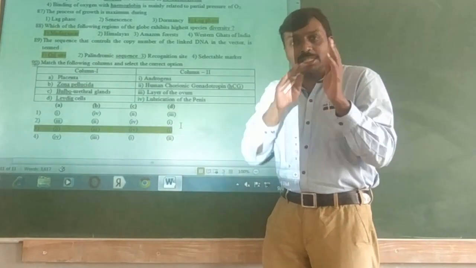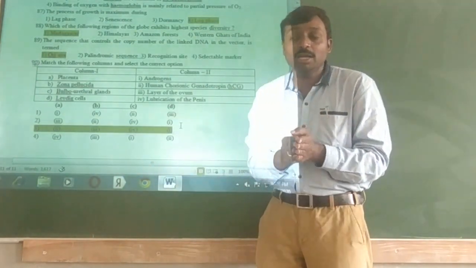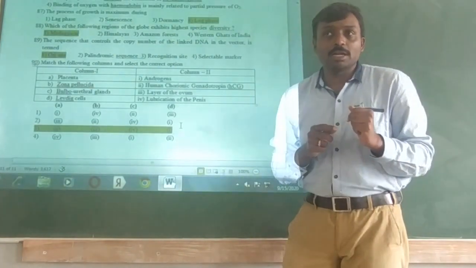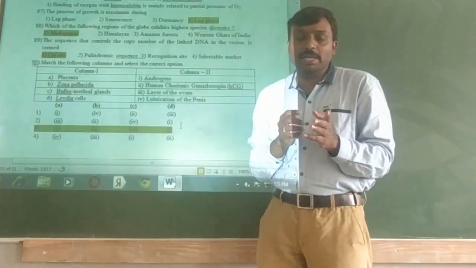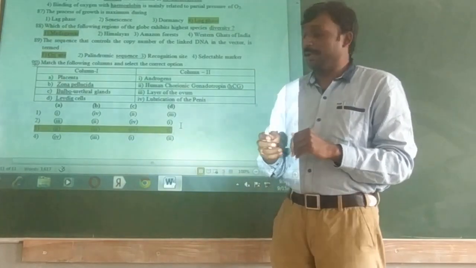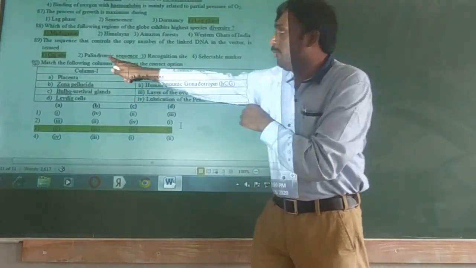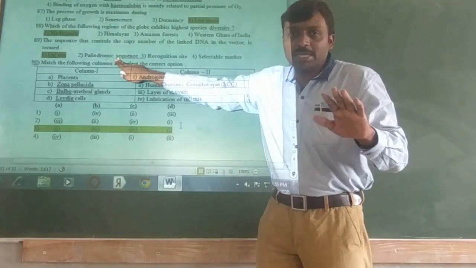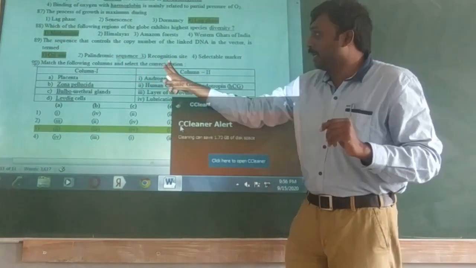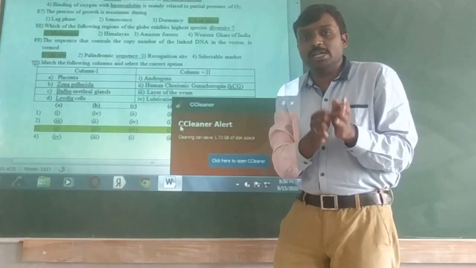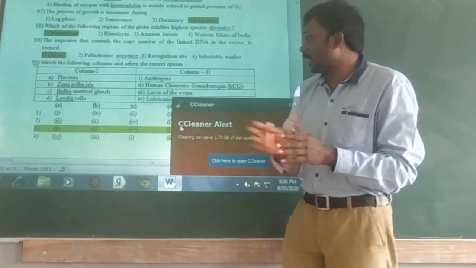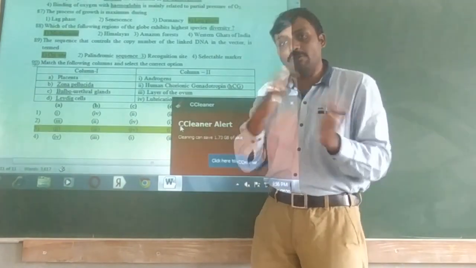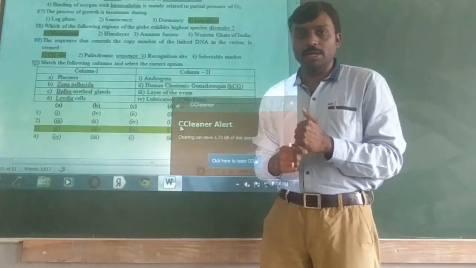So this site in a vector takes care of the production of the number of copies. Replica in the sense of copy, a copy of the DNA which is attached to it. If you look at the other options, the palindromic sequence doesn't care about the number of copies. Recognition site is different from the replication site. And selectable marker is generally used after the replication, not before the replication.